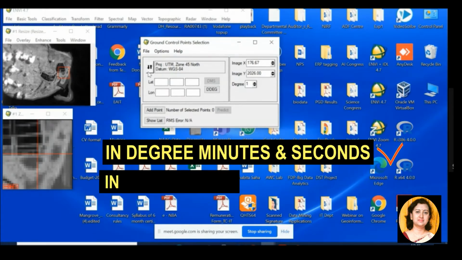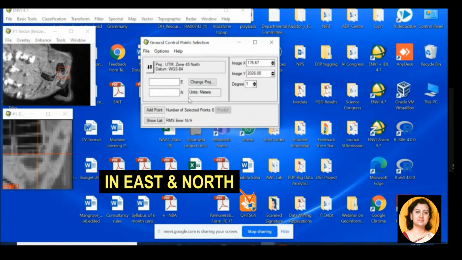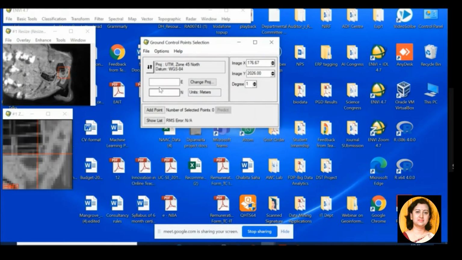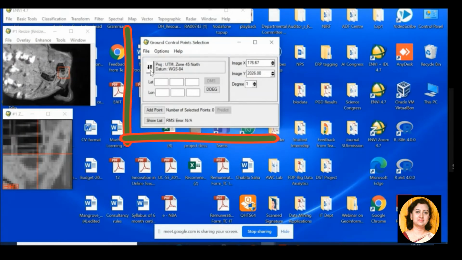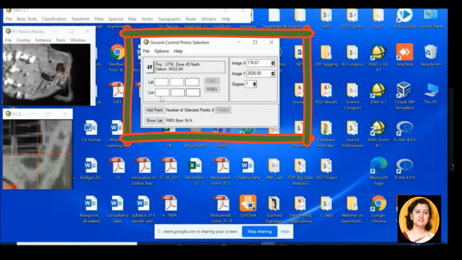Or if you want to put it in east and north, that provision is also there. In Google Earth, the lat-long values are in degrees, minutes and seconds, so I have selected this particular option.